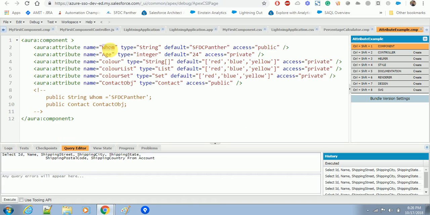Like if I want to show the welcome message, I'll just type welcome v dot name, and if I want to show the age, we can also say age v dot age. And in case of color, if you want to show the color, as this is a list, we can say color